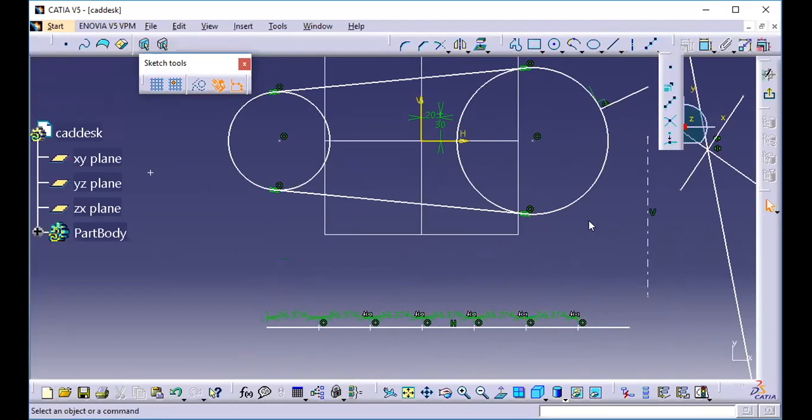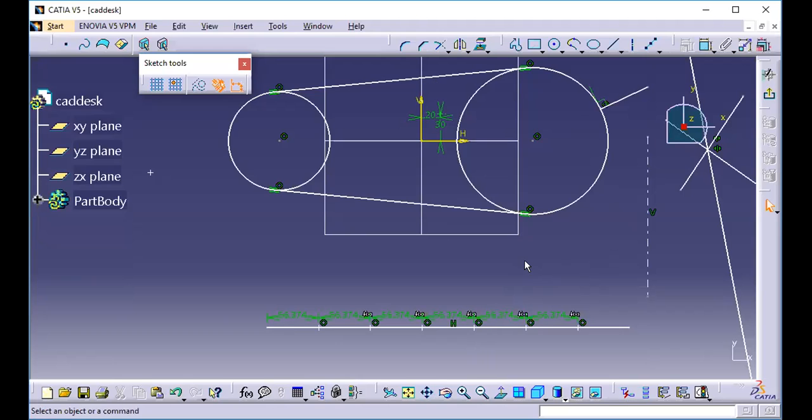Now another one is your intersecting point. If there are two intersecting lines, in between them a point can be created. And here projected points, projection points, that will be shown in 3D. Now I will show you in 3D. So these are all the drawing tools available in CATIA.